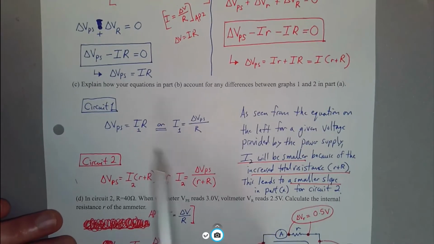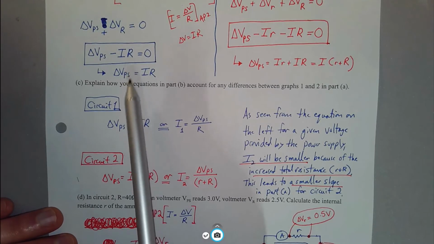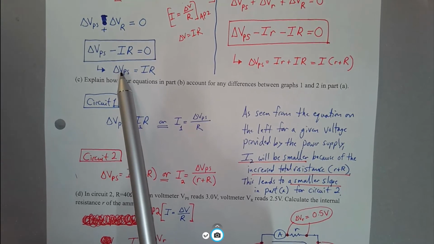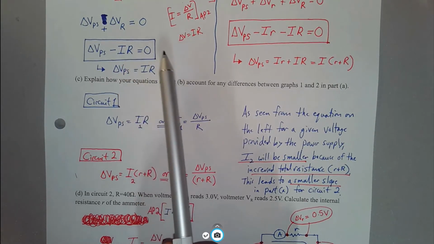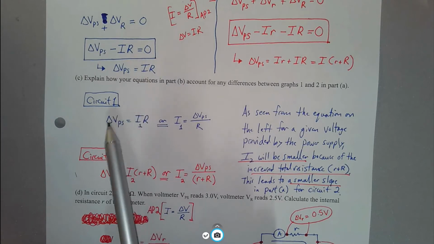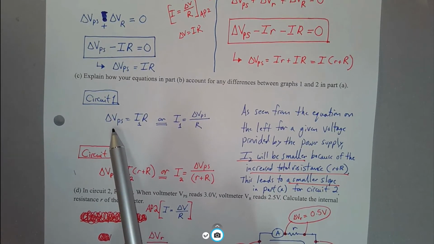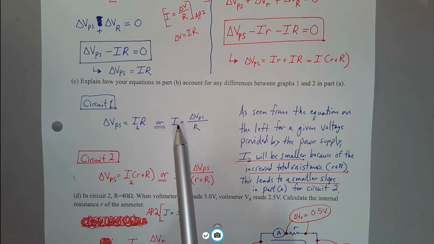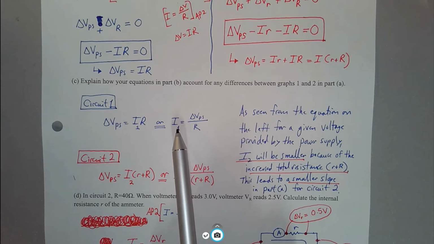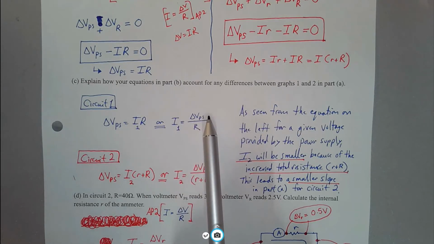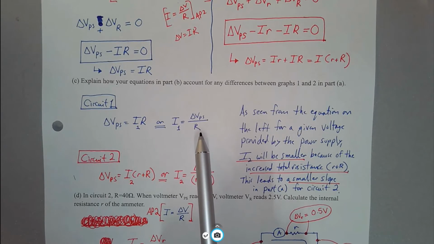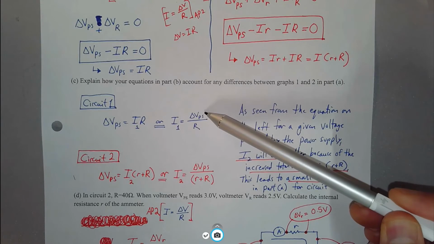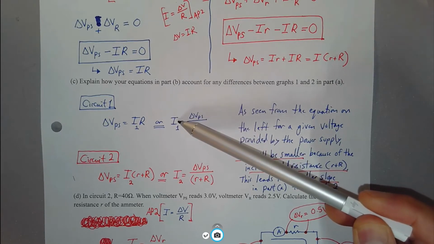So when we take this equation right here and solve it for the change in voltage across the power supply, I'm going to add IR to each side, so it moves it over here, and we get the change in voltage across the power supply is equal to the current coming out of the battery times the big resistor. Or if we solve that for I, we get something that looks like Ohm's law. I1 equals delta VPS, the voltage difference across the power supply, divided by our resistor R. So for any given voltage at the power supply, this will give us what I1 is, the current coming out